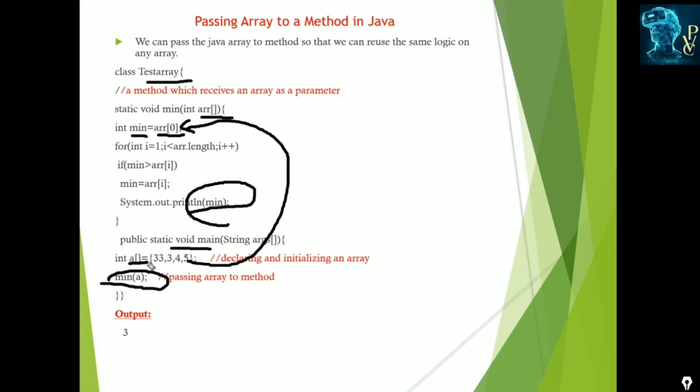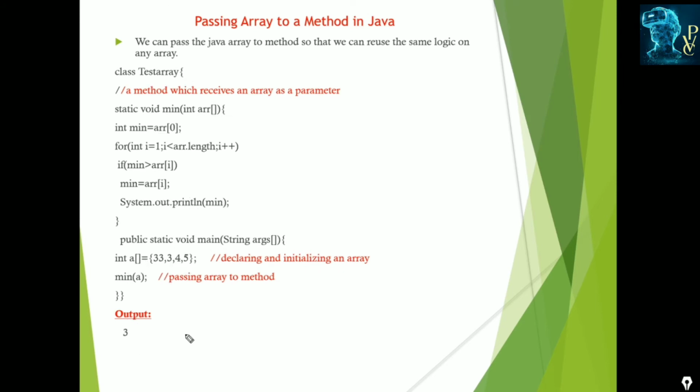A is the array of integer type which holds the four elements, and it is passed to the method. First it checks the first two values, and 3 is the minimum, so min holds 3. Again it checks min 3 with 4, and it doesn't change, then 3 and 5, and so on until it displays the minimum value from the given array, which is 3.